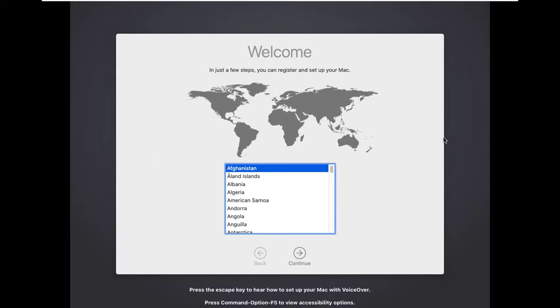Now here we have to select our country and region. So I will select here. This installation takes a long time actually, around 45 to 50 minutes.